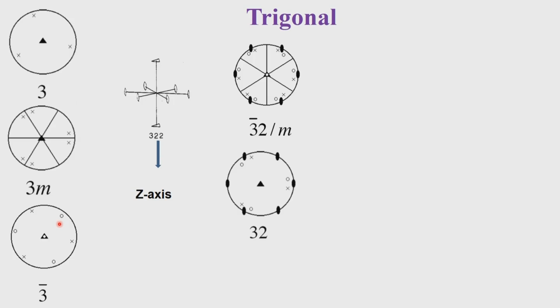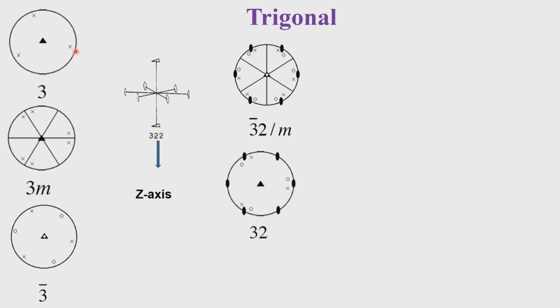Consequently the threefold operations generate different kinds of equivalent points compared to what we discussed for tetragonal and orthorhombic. But the most important point is to consider the direction of the rotation axis. When we refer to the point group symmetry, and eventually the space group, it is taken to be the z axis. The z axis representation of the threefold is a consequence of the presence of the lattice. So when we say the threefold is along the z axis, we are already implying a lattice corresponding to that. How many lattices are possible in the trigonal symmetry? We will take it up in our next discussion.